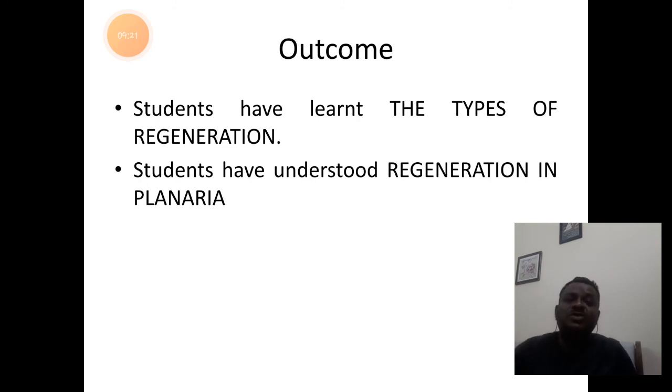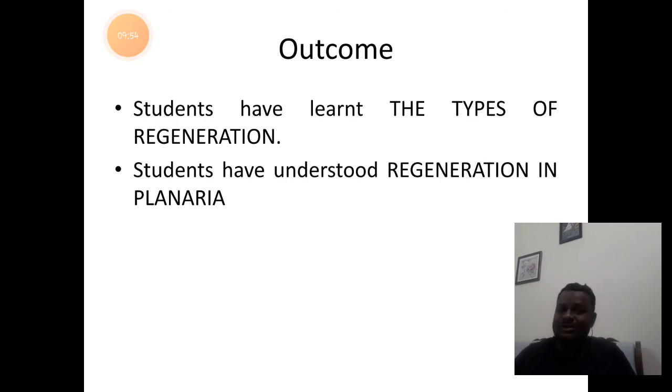Students, the outcome of today's session is we have learnt the types of regeneration with the examples and also have understood the process of regeneration in Planaria, mainly concentrating on the axial gradient theory of Child. Then we have understood the concept of anterior-posterior polarity. The third, what we have understood was the dominance of the head region in